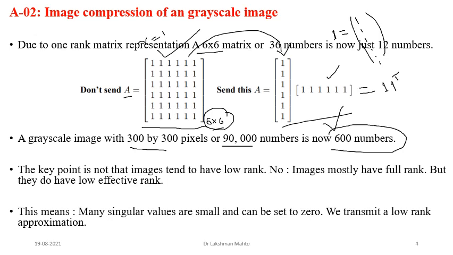It depends upon what process you are following. Due to that, you will say that many singular values are small, and if there is a small value, then we can put some kind of threshold. For example, if a singular value is less than 0.3 or 0.5, or less than 10 to the power minus 5, 10 to the power minus 2, or 10 to the power minus 1, then you can make those singular values 0, because those are a little bit insignificant. So we don't need those singular values.